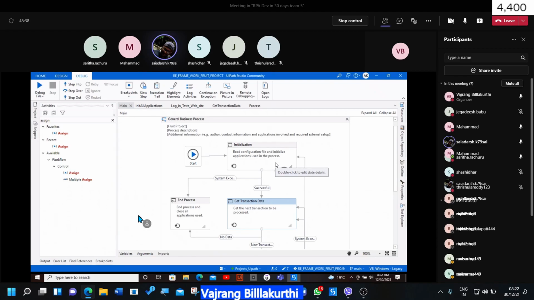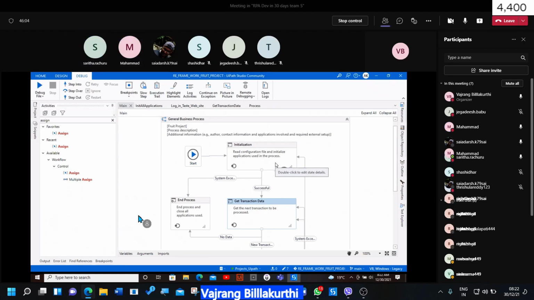Means you are telling that we have already one input, an Excel input. One more input can be an Excel or CSV or a list. We need to remove that input messages and all from the user, right? Correct. So we need to take one more Excel to dump the data, to store the data in the queues in Orchestrator.